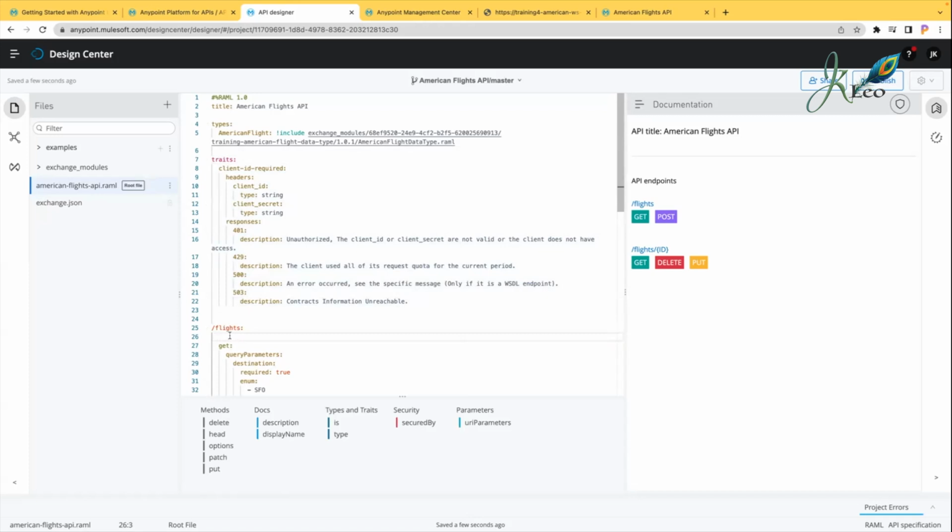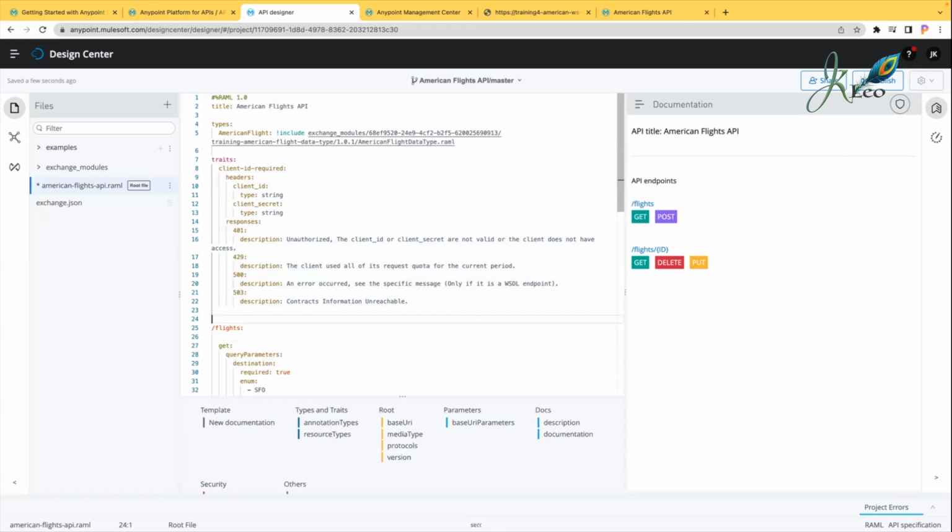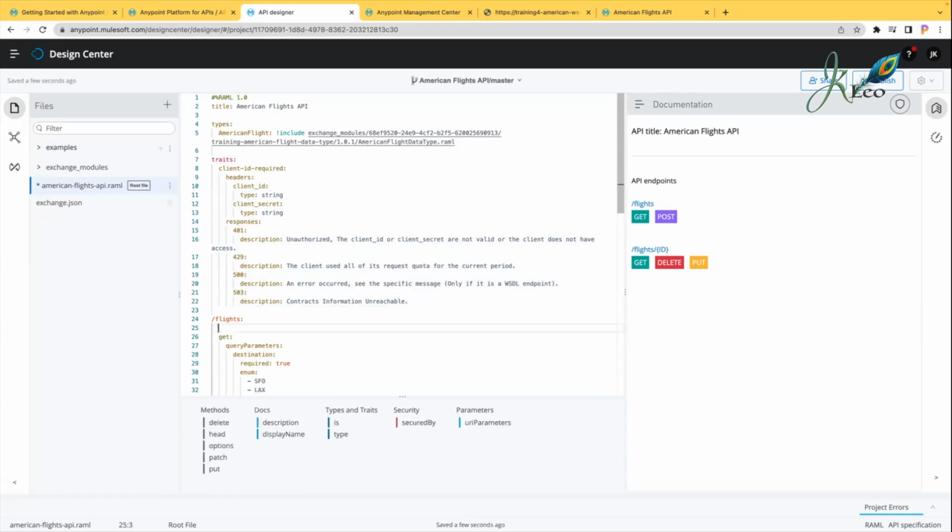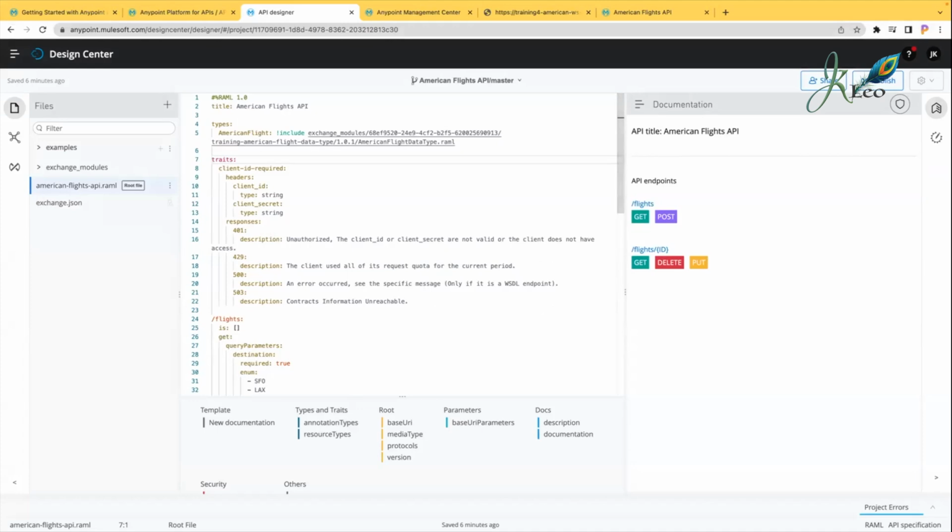So right now I am on line 26. You can be at 25 or 26. Let's make it 25 as per the documentation. So under line 25, type is. Okay, so in line number 25, after flights,